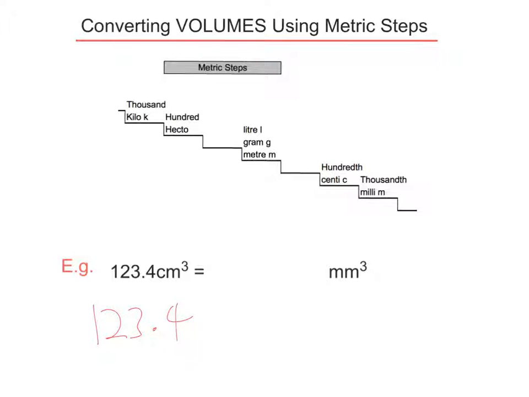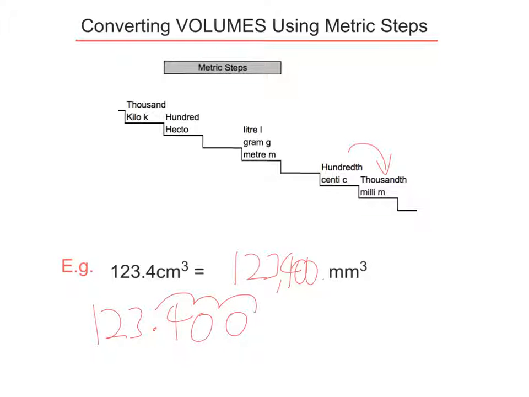123.4 centimetres cubed. I'm going to change it to millimetres cubed. Going from centimetres to millimetres is one place to the right. So I move 3 times as many places, 1, 2, 3, because it's cubed. So the answer is 123,400 point, which is 123,400 millimetres cubed. I expect to get a lot more millimetres cubed than I would for centimetres cubed because millimetres